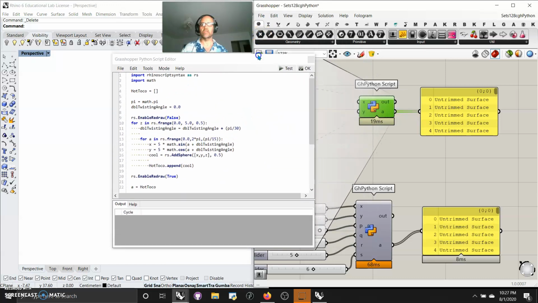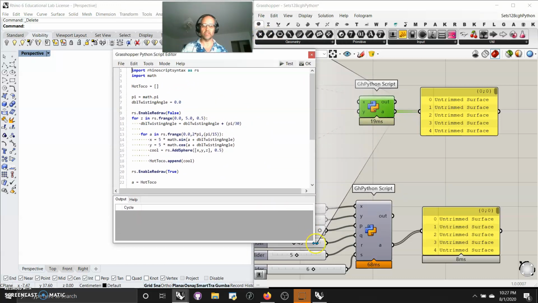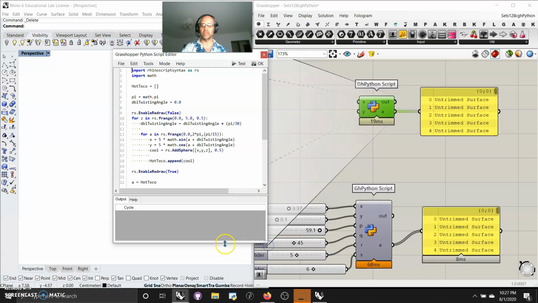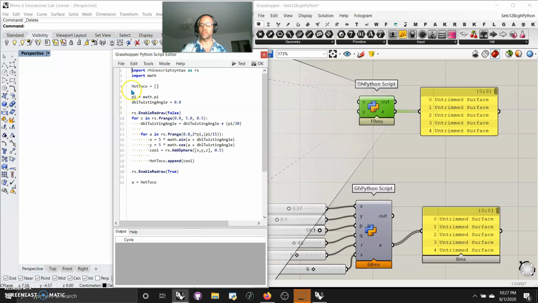And as soon as I cut and paste it in, I'm like, okay, what has to be done? And what I'm finding is I'm getting into this pretty simple system of just, I'm calling this one hot taco and setting that to a list. And then I have put in cool. I took the RhinoScript add sphere, XYZ, and the rest of it, I mean, you can walk through it